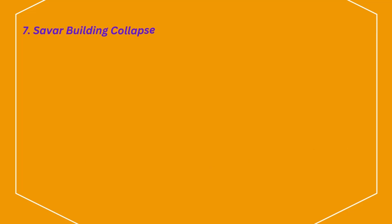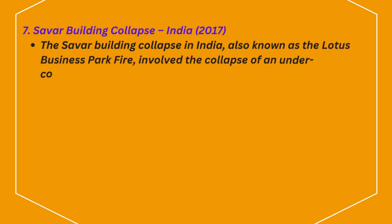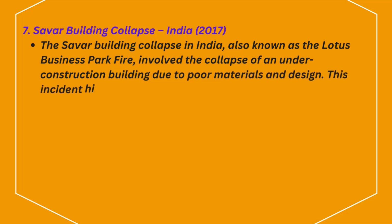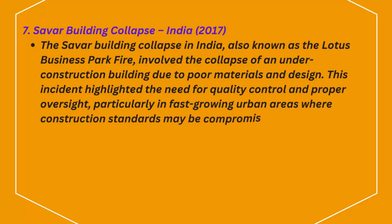7. Savar Building Collapse, India, 2017. The Savar Building collapse in India, also known as the Lotus Business Park fire, involved the collapse of an under-construction building due to poor materials and design. This incident highlighted the need for quality control and proper oversight, particularly in fast-growing urban areas where construction standards may